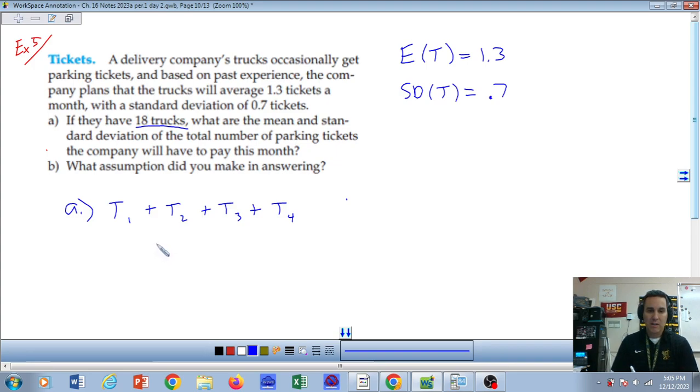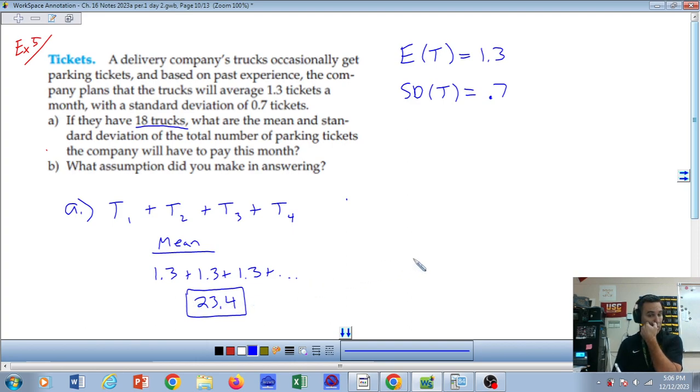So the mean, pretty straightforward. The mean is just going to be 18 of those added up. So you've got 1.3 plus 1.3 plus 1.3 plus blah, blah, blah, 18 times. So that one could work. You could do 18 times 1.3 on that one, and it will still give you the same answer. So we get 23.4 tickets as the average of all the 18 trucks,